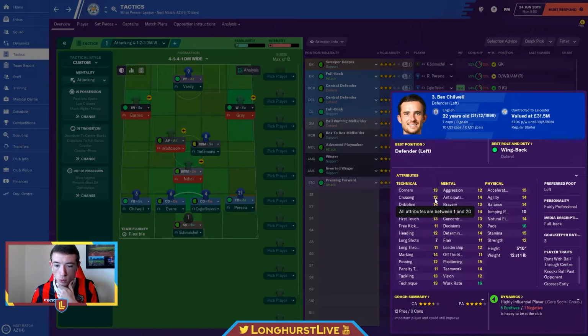Get that to 13 or 14, and you've got a very nice player. 16 work rate. All the team's work rate is incredible, so we'll show you our tactics soon in relation to that. But good tackling, good marking, good positioning. Going forwards, 14 dribbling. Lacks a little bit in crossing, like I say, but overall, very good dead ball delivery